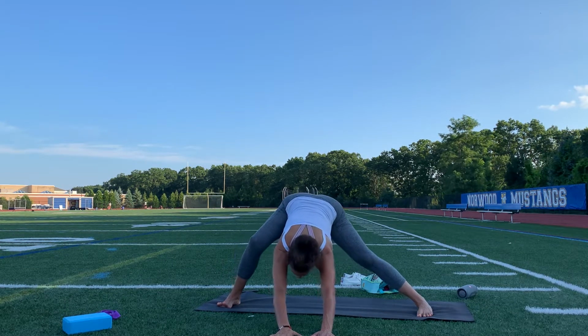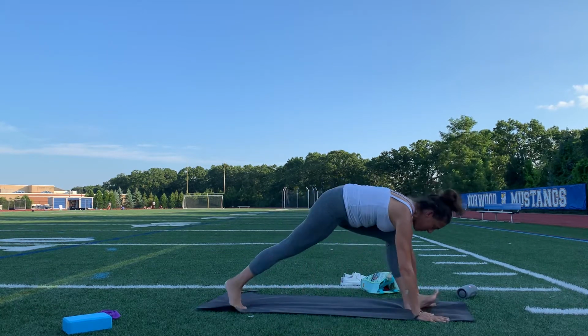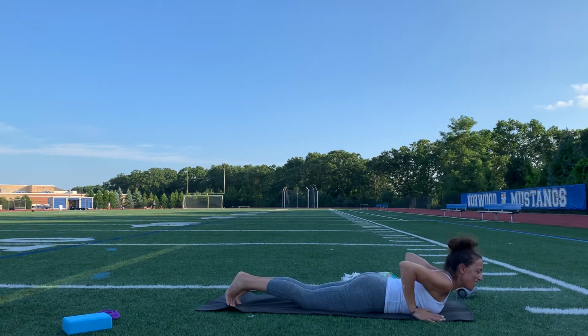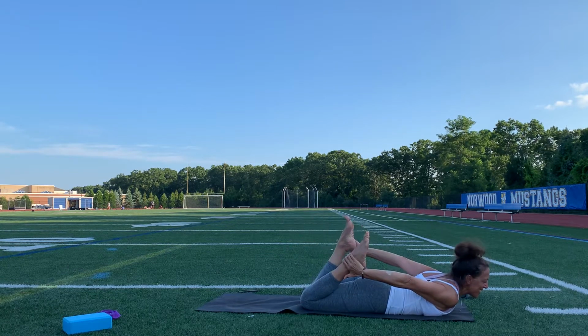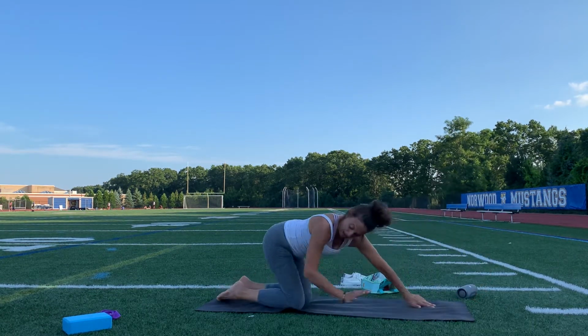All right, let's release it back to center. Go back to front. Come down flat on the belly. Grab both feet, 1 and 2. And if you cannot do this, you can use your yoga strap, okay? So if you cannot do that, you just grab your strap